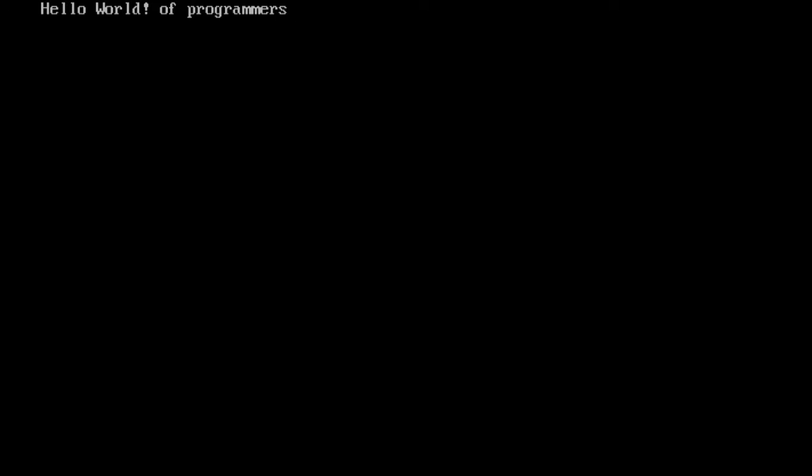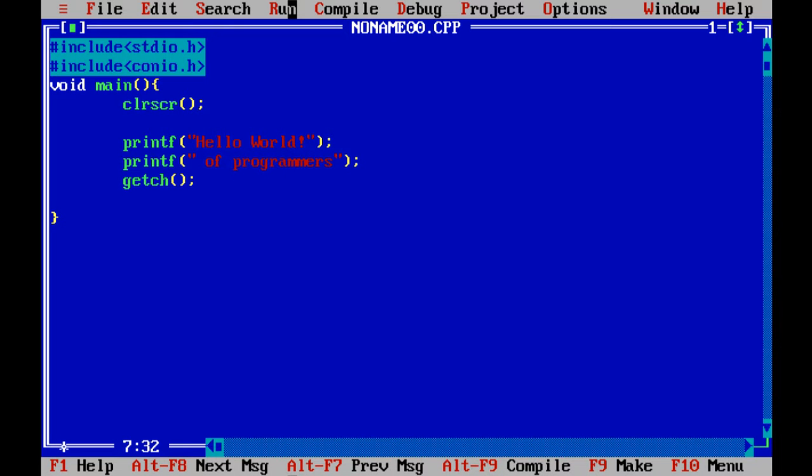Run it: hello world of programmers. That means you can write as many printf statements and any statements as you want in C programming.